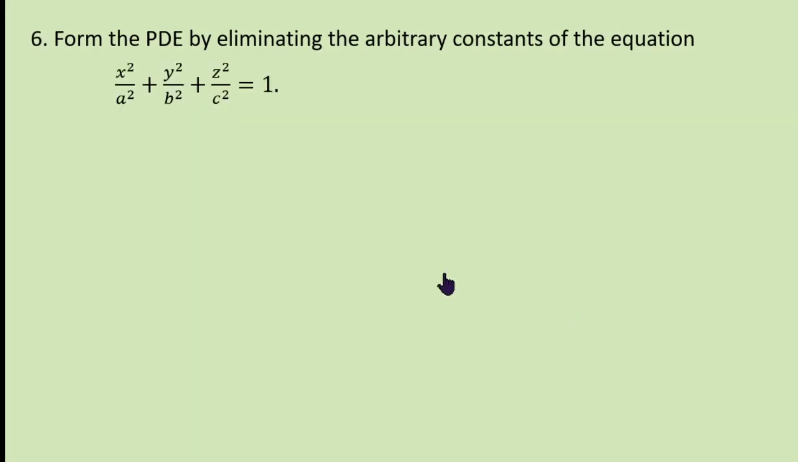Next problem. Form the PDE by eliminating the arbitrary constants of the equation x²/a² + y²/b² + z²/c² = 1. If we consider there are three arbitrary constants, a², b² and c², then it requires a second order partial differential equation, because there are three arbitrary constants, and hence